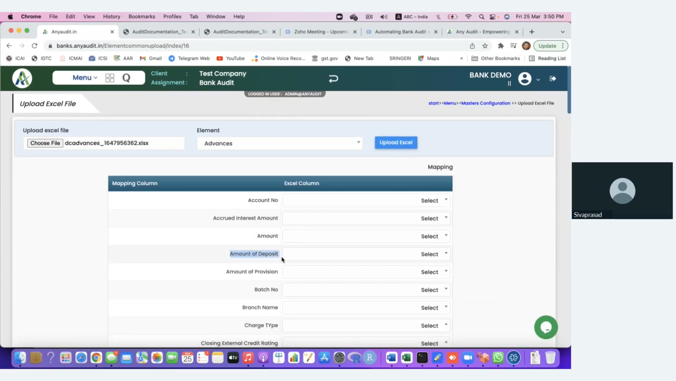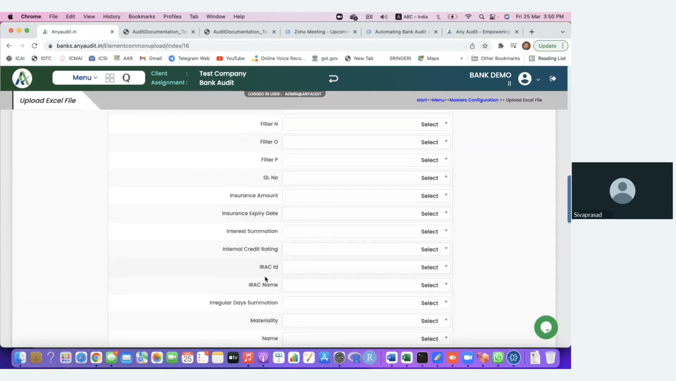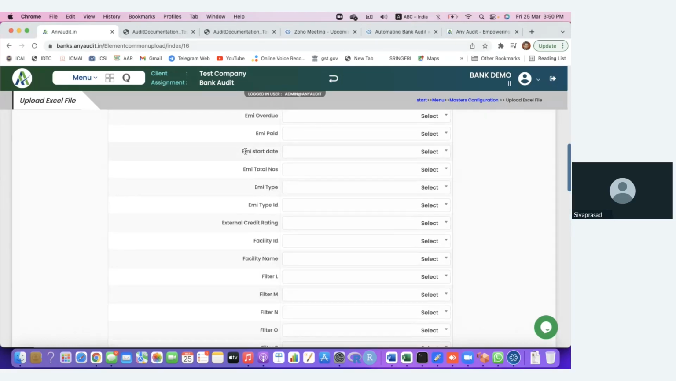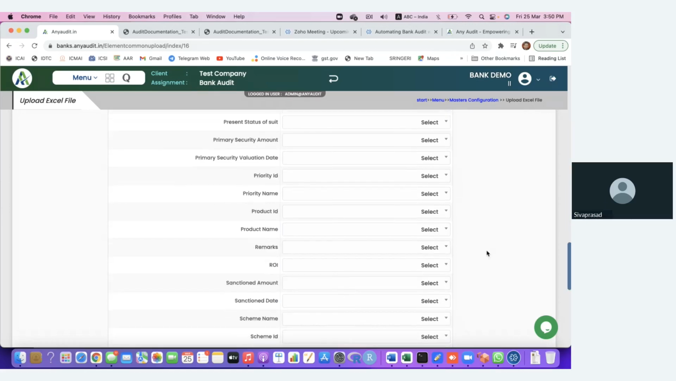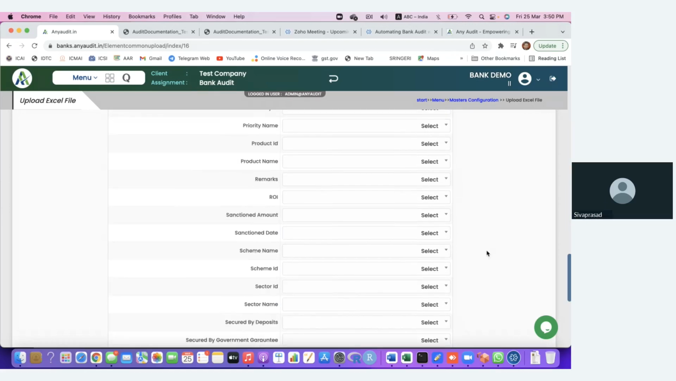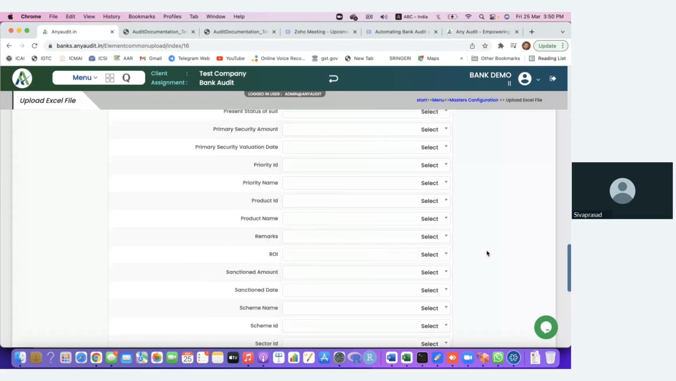So amount of deposit, amount of provision, or some number of EMIs, EMI start date, EMI total due. It is not mandatory that you have to map every column. It is not mandatory that the Excel file you bring shall have all the columns. Not possible also at times. So therefore, let us say wherever it is,